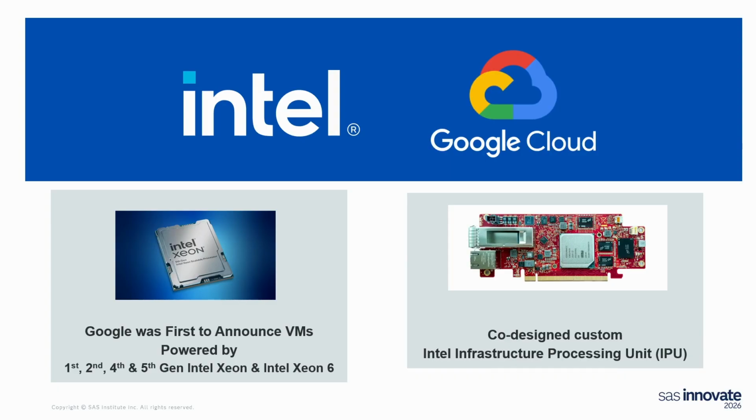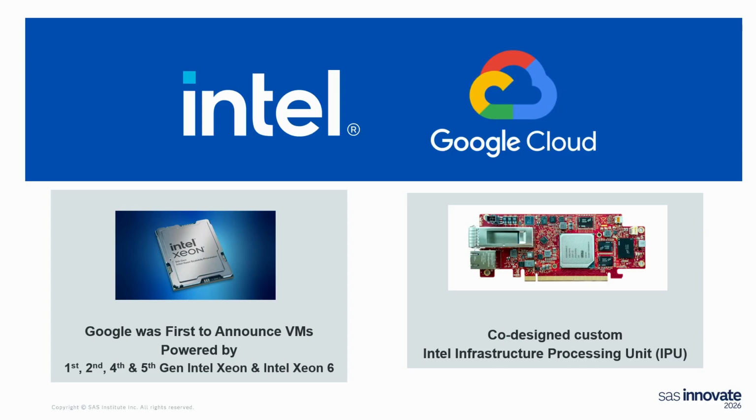Recently, I'm actually traveling from the Google Next conference to here. We had a few additional shapes and types of instances become available, and I'm going to talk to you about that. But I want to highlight some of the relationship that we have with Google at large. Google was first to come to the market with our Xeon portfolio based instances, all the way from first generation to Xeon 6, our latest generation of CPU.